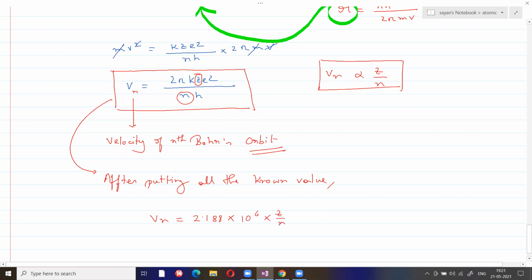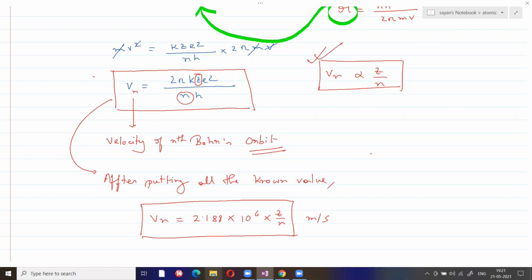And what is the unit of velocity? Meter per second. Okay, but this formula is not required, only this one is required. Only you have to remember this one. Okay, that is enough. Suppose two atoms are present. I am taking two atoms A and B, where atomic number is z1, here atomic number is z2, velocity is v1, velocity is v2, and shell number is n1, shell number is n2.